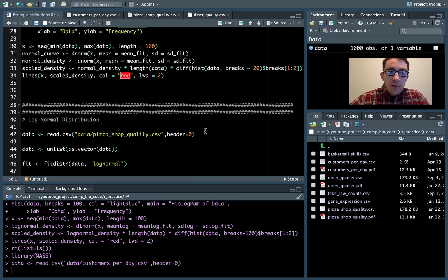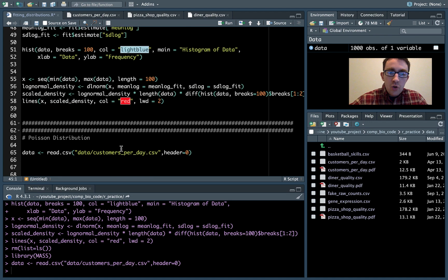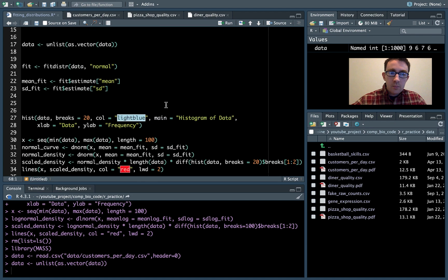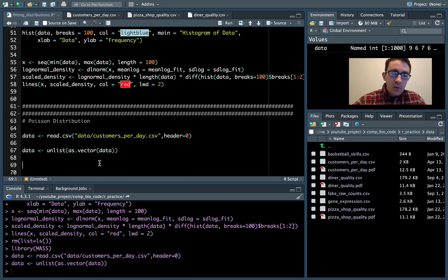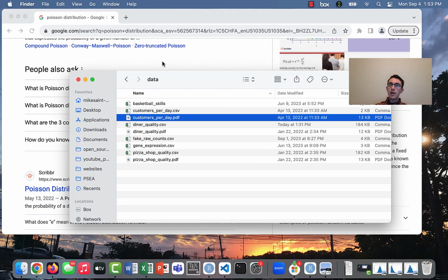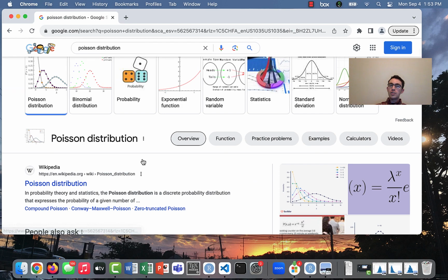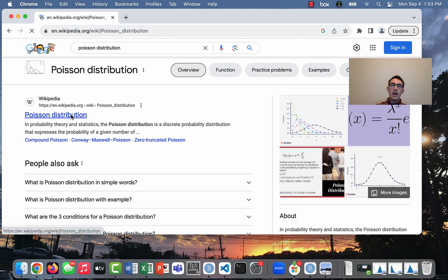But yeah, other than that, it's kind of the same. We have to just cast the data frame to a numeric vector, and then we can do the fit. Before I do this, I'll just show you guys that if you're being clever and really remembering the properties of your distributions, you might realize that for the Poisson distribution, you don't even have to do this